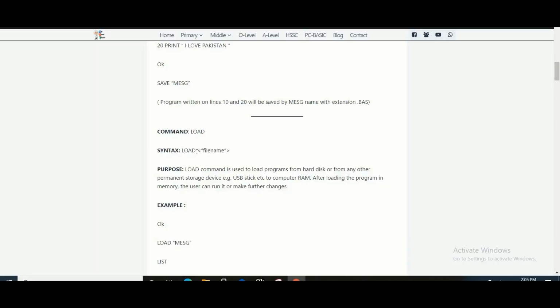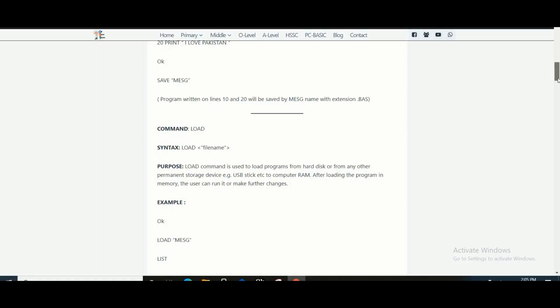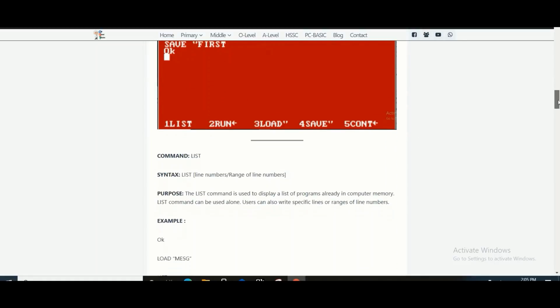Similarly, other command syntax is also given. The load command also uses these arrow brackets. It means that a file name is necessary with the load command also. Same like this, the list command, but in the list command you can see I have used square brackets.